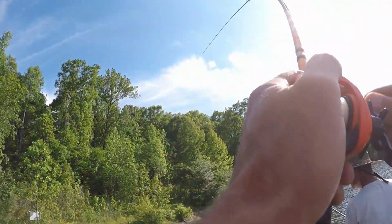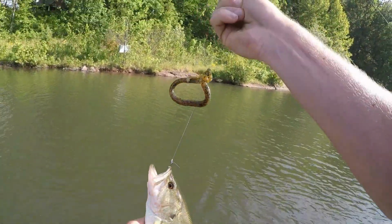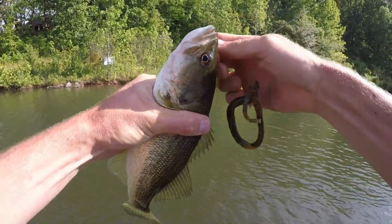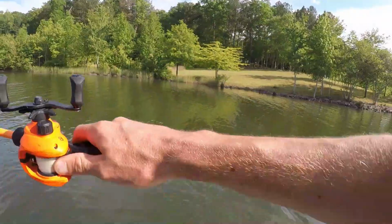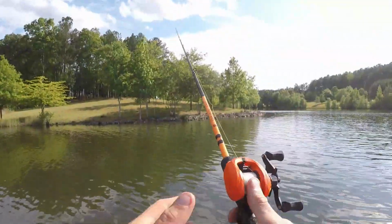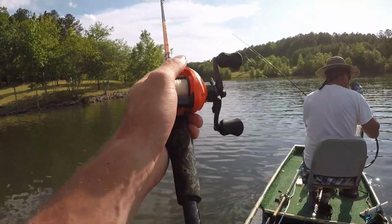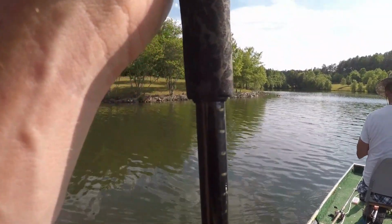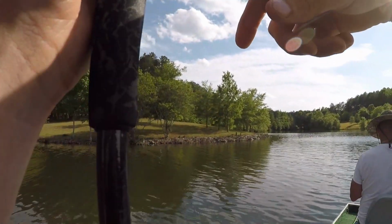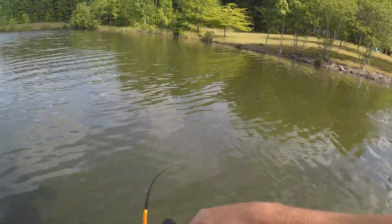Got one. Largie. Just a little dink though. Little dinker. What you tying on? I got a fish. Let's get one. I mean, it ain't crazy good, but